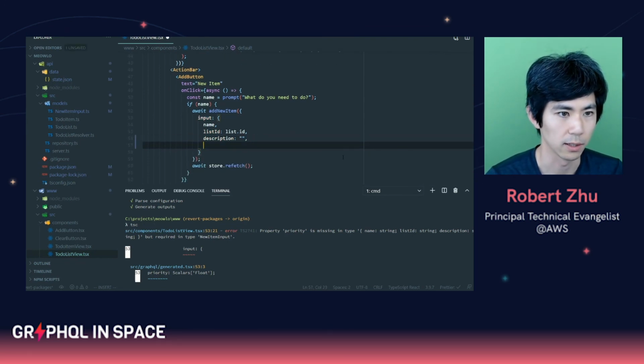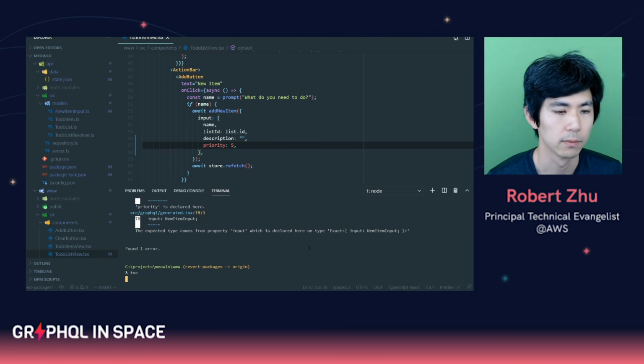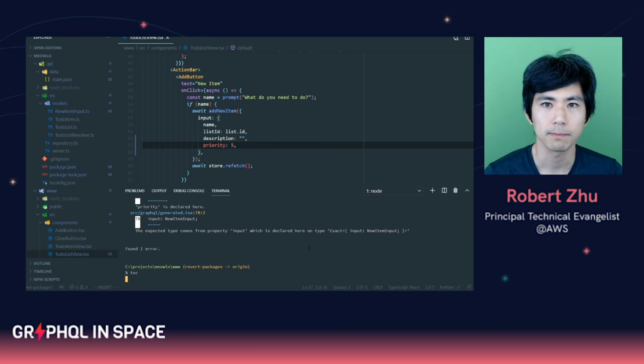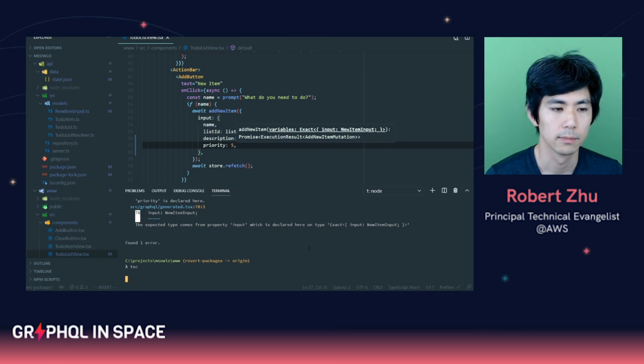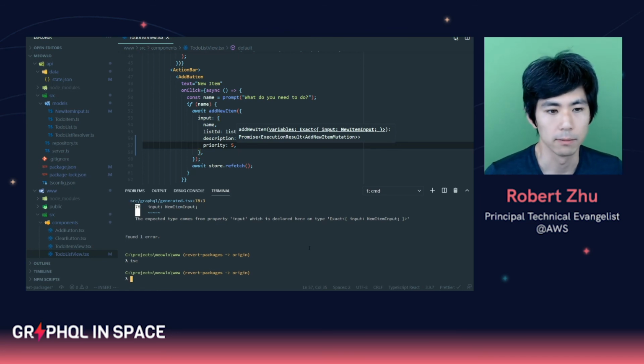So if I add something like priority 5, and come down here, run TypeScript again. And my error has gone away. Okay,